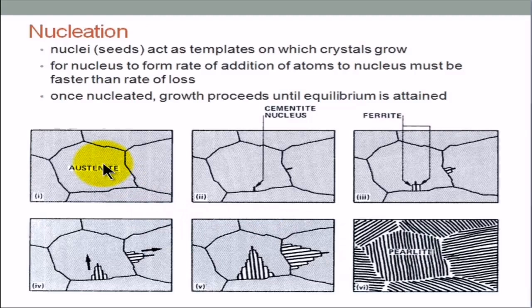So during the transformation, a new phase is formed, with different physical or chemical characteristics, or even a different structure in our case, than the parent phase. This is called nucleation. And except that the theory